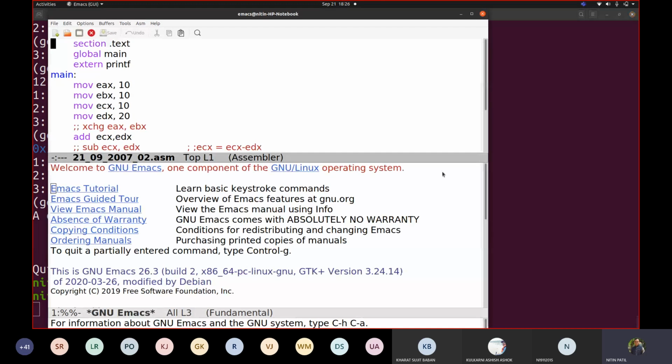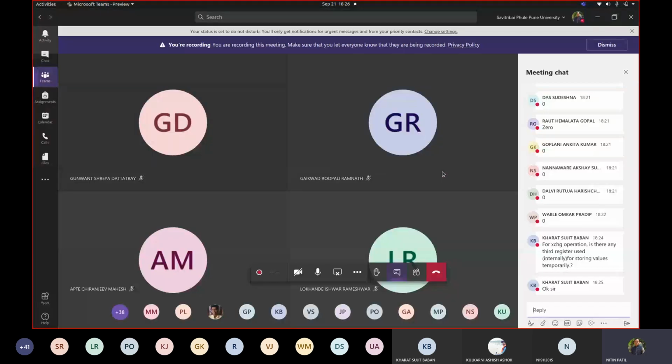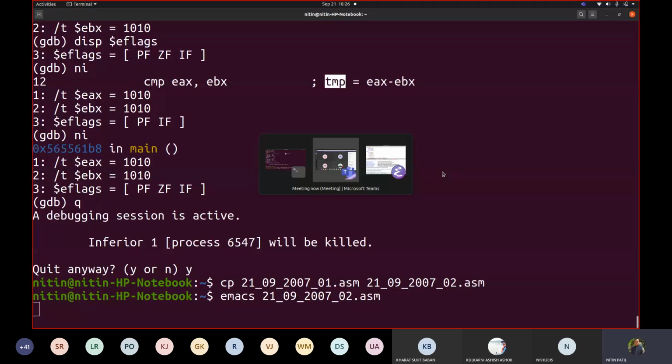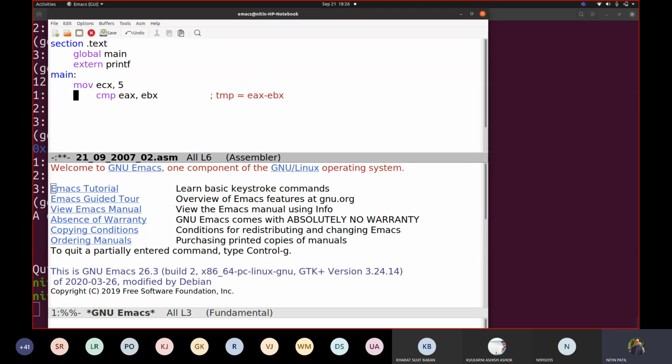So if yes, try to find out how exactly that can be done. Okay, so let us try to build now a code which will compute factorial. What we will do is we'll take a variable with ECX. By the way, most of the times whenever you want some counter to be used, always try to take it with ECX. I will be introducing you to a few more instructions in today's class.